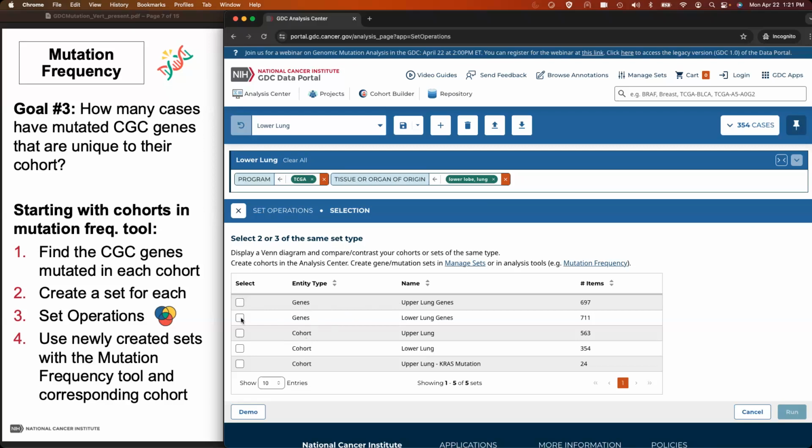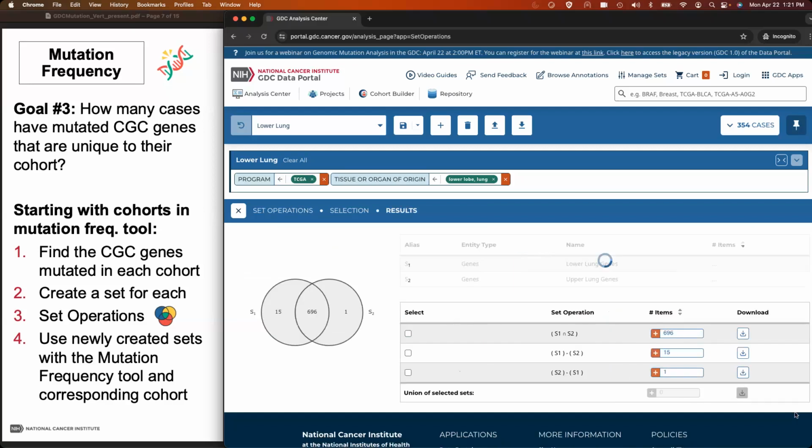So we're going to click on the two gene sets that we created, the upper lung genes and the lower lung genes. And we're going to go ahead and run this. And as you can see, we have 15 that are unique to S1, which are the lower lung genes, and 1 that is unique to S2, which are the upper lung genes. So we're going to take these 15 genes